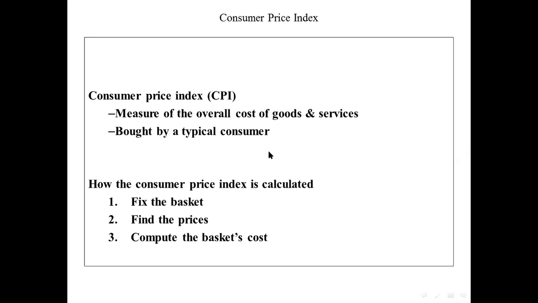How do we get it? We have several steps. Number one, we fix the basket, which we call the market basket. What is the market basket? The things the consumer bought multiplied by the price. So it's basically price times quantity. But in this case we will fix the basket. We will assume that my consumer buys, for example, only 2 goods or 3 goods in fixed quantities that don't change. So here I will fix the quantity. And then I will compute the basket's cost.